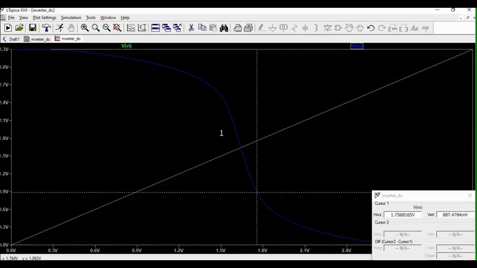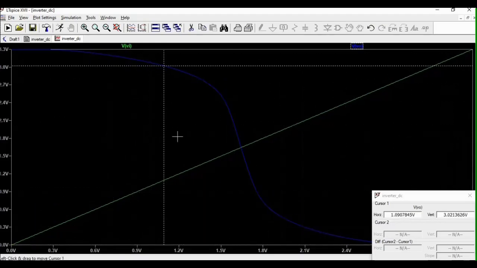So instead of using this, I'm going to give you another command, but before that, how do you use the derivative command in LTSpice?